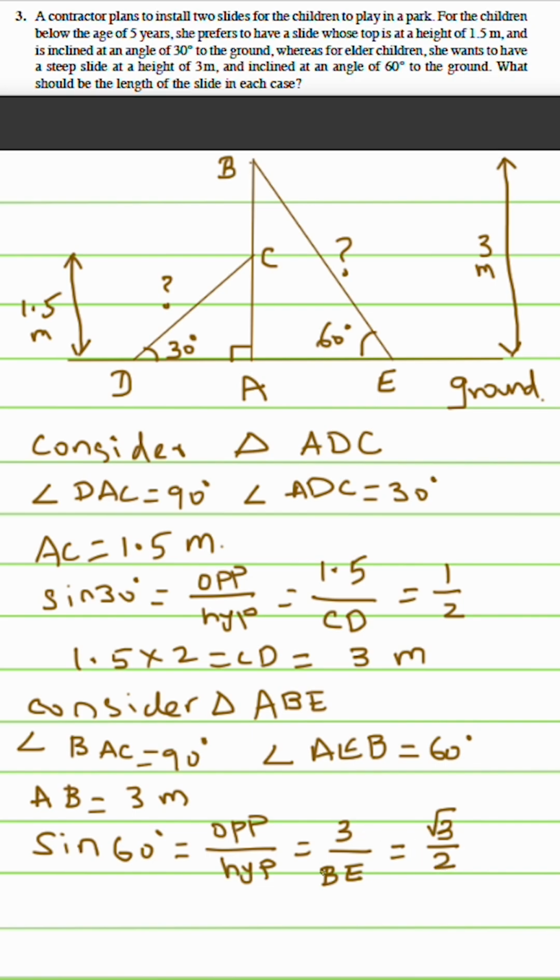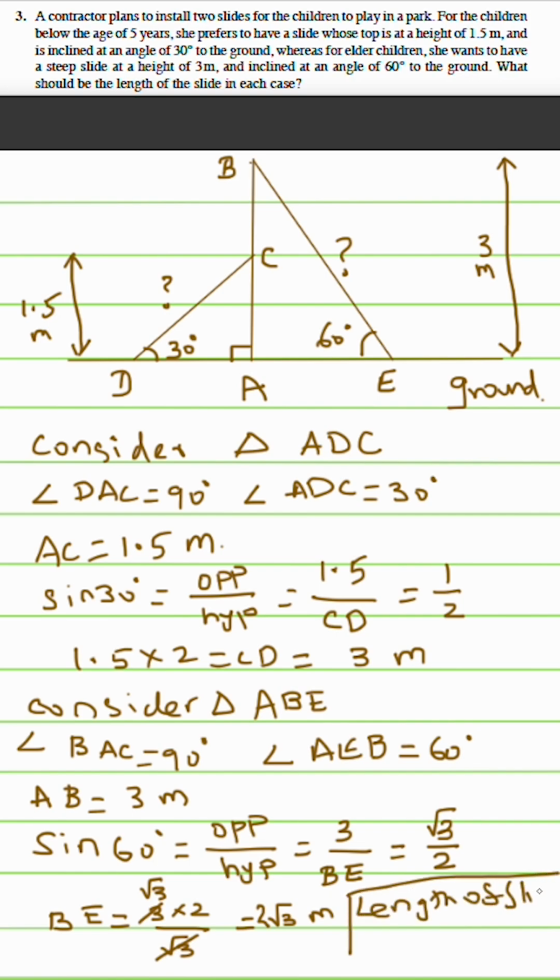So let's bring BE to the left hand side and 2 to the right hand side. So BE is equal to 3 into 2 divided by root 3. 3 can be written as root 3 into root 3. So root 3 can be cancelled and it can be written as root 3 into 2, which is equal to 2 root 3 meter. So let's write the answers as the length of slides are 3 meter